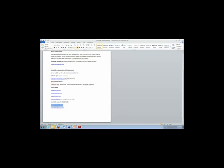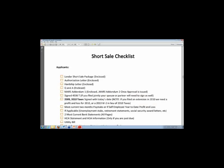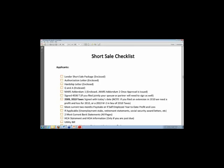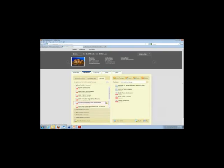You can have them fill out this form right here, or if there's a lot of people on the seminar right now that have the software. So for those that don't, you can have them fill this out and you'll get this, and you already have it in your folder. But those that do have the software, so I have to do both. This is easy to see. This is the checklist. But those that do have the software, all you need to do is go in here